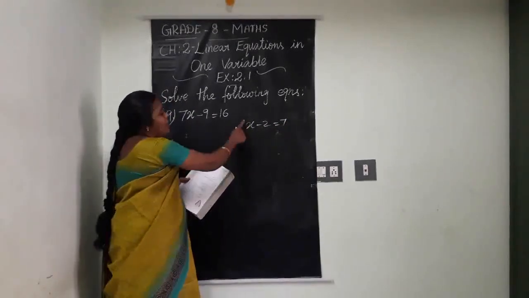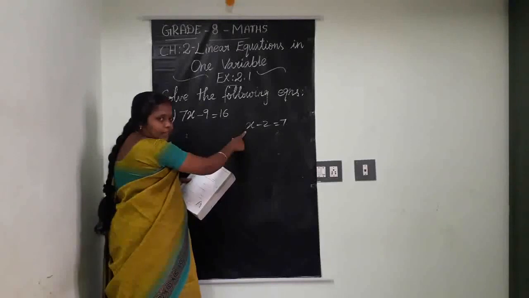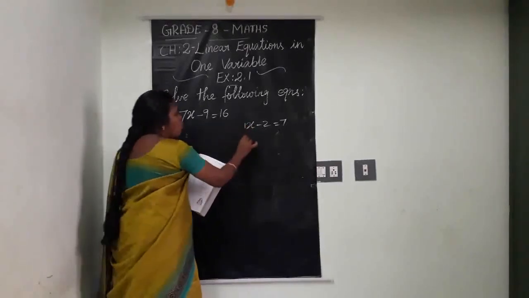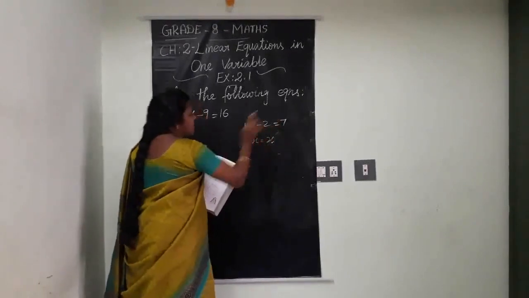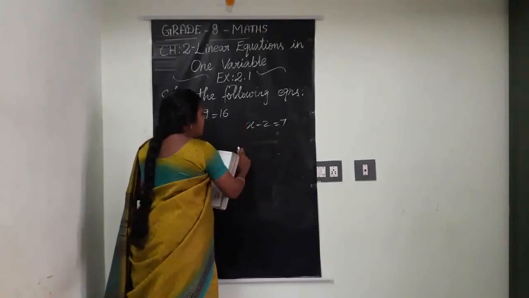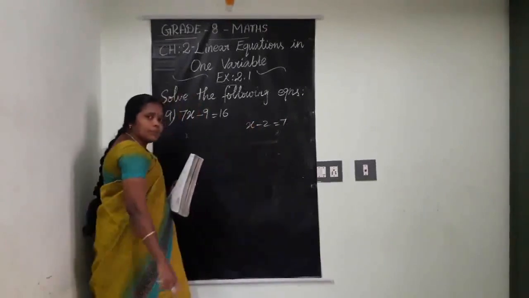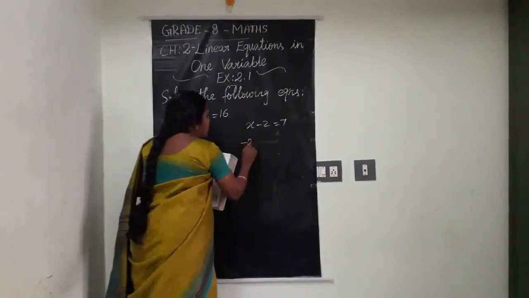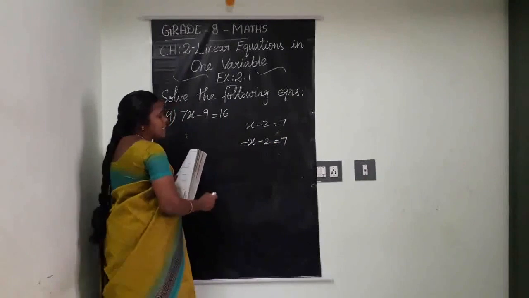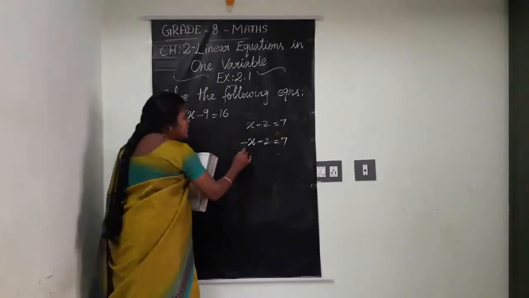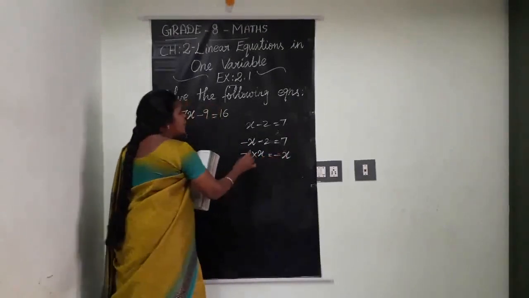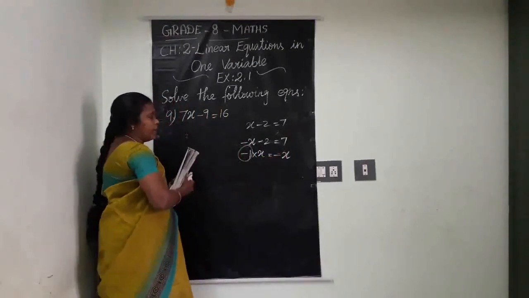No. Here is no number. Like that you should not tell. Here 1 is present with x. 1 into x, only x. Keep it in mind. So no number in the sense, how do you tell? Plus 1 is the coefficient of the variable x. Suppose minus x is coming, what do you say? Tell this coefficient. Minus 1 into x, only minus x. So here the coefficient is minus 1. Keep it in mind. Clear?